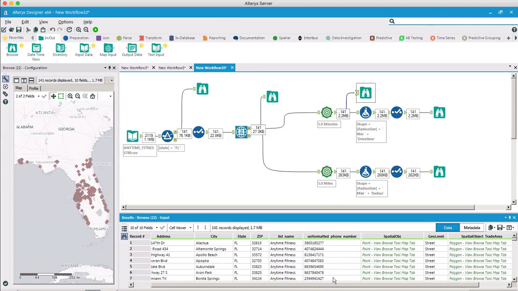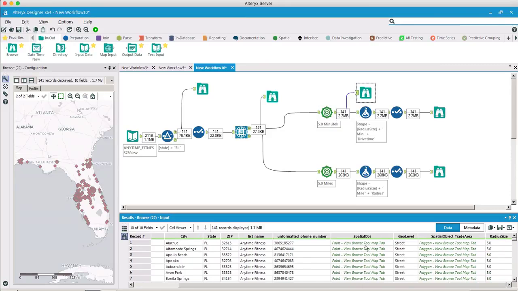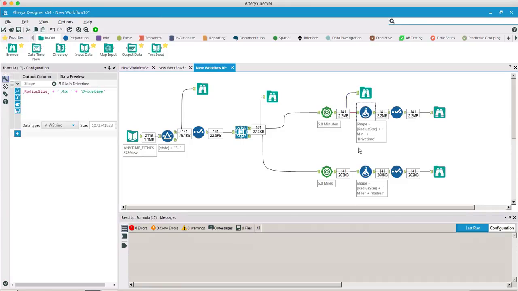But what you get directly out of the market area tool is you have your spatial object, which is your point, and then now you have a trade area. So this trade area represents the 5-minute drive time around that location. So to move this forward into something that's easy to use and pass into maybe an open source GIS tool like QGIS, which we'll work on in another segment, what I'm doing is I'm adding a little formula to